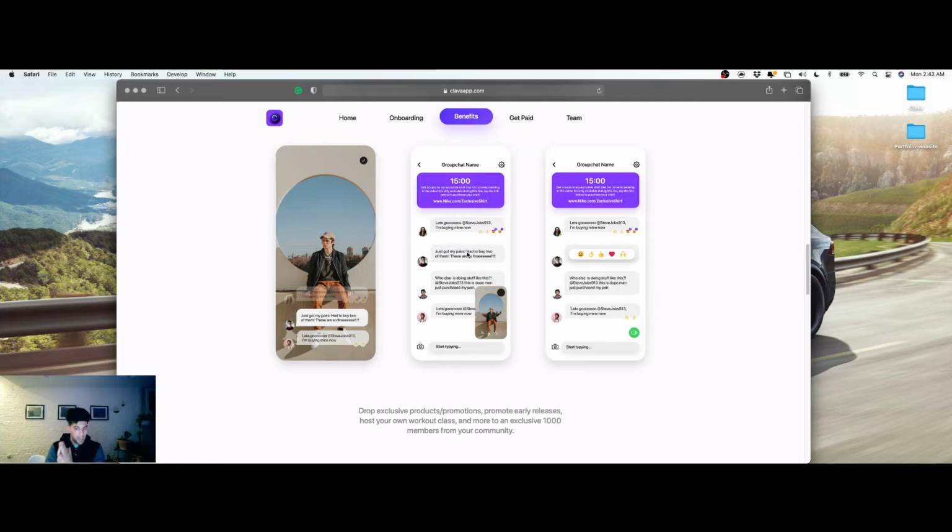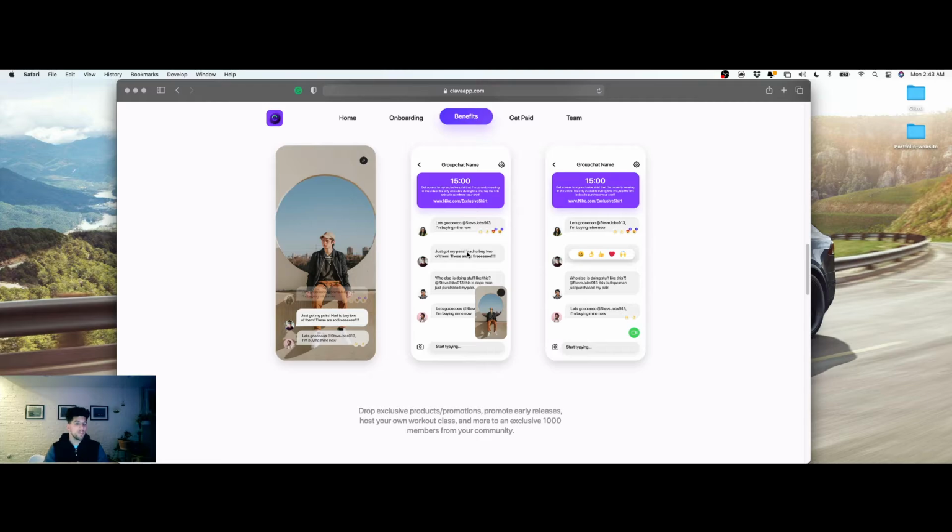So back to that time pass. In order to join this influencer's group chat, you're going to have to purchase a time pass. You can purchase a 15-minute pass, 30-minute pass, or an hour pass. It's the same time intervals as for a live event. A live event can be 15 minutes, 30 minutes, or an hour. And in this scenario, as a user, I would join this influencer's group chat, and it would be a 15-minute time pass that I would purchase, and I would get access to this influencer's group chat for 15 minutes if I was in the first 1,000 users. Okay, so this is cool.